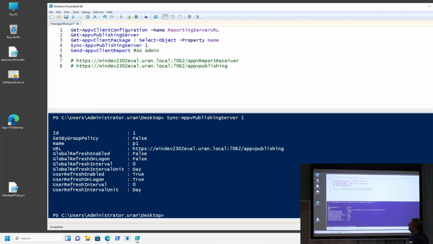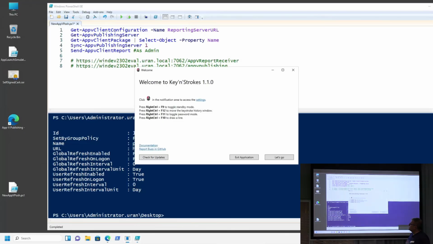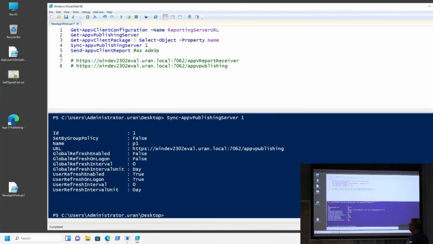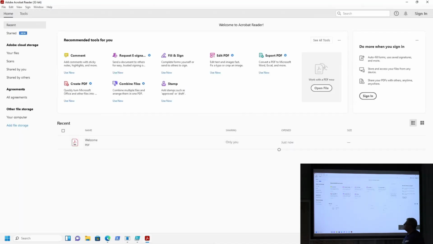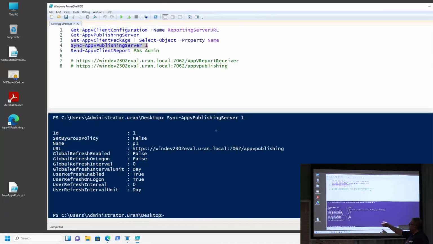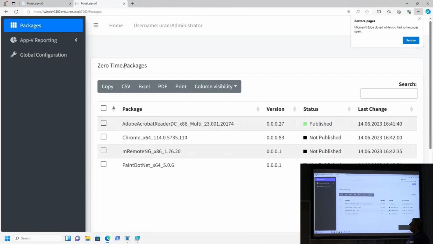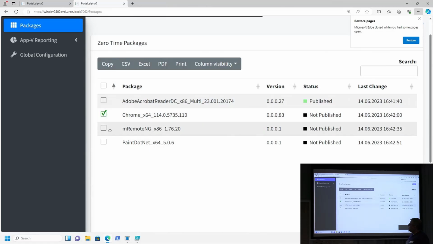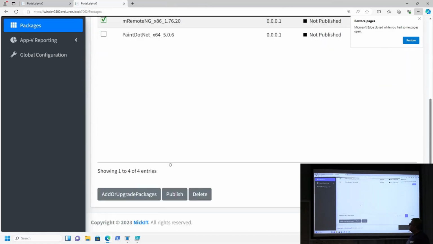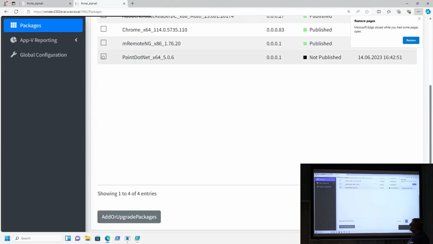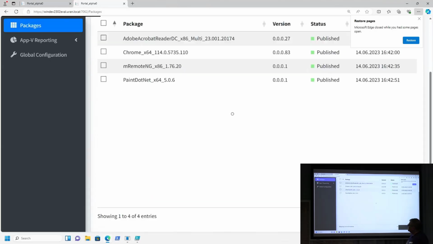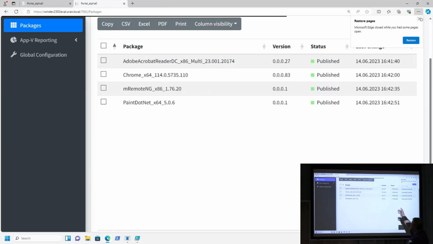And when we here publish an application or synchronize, okay, they use a snapshot tool. When we synchronize, you can here see the application here it owns. This application is published for the administrator. I do everything on the client here, and here are a little bit fast, I think. Yes, every application is here published.